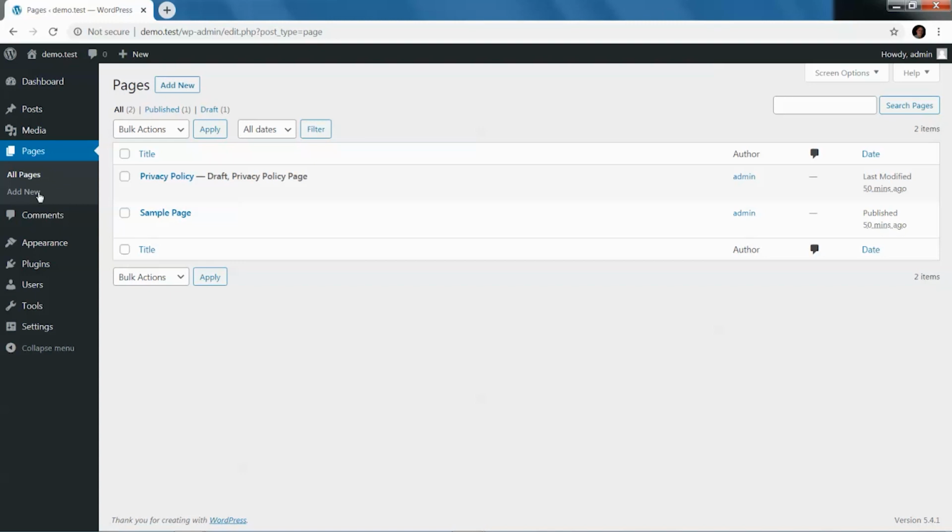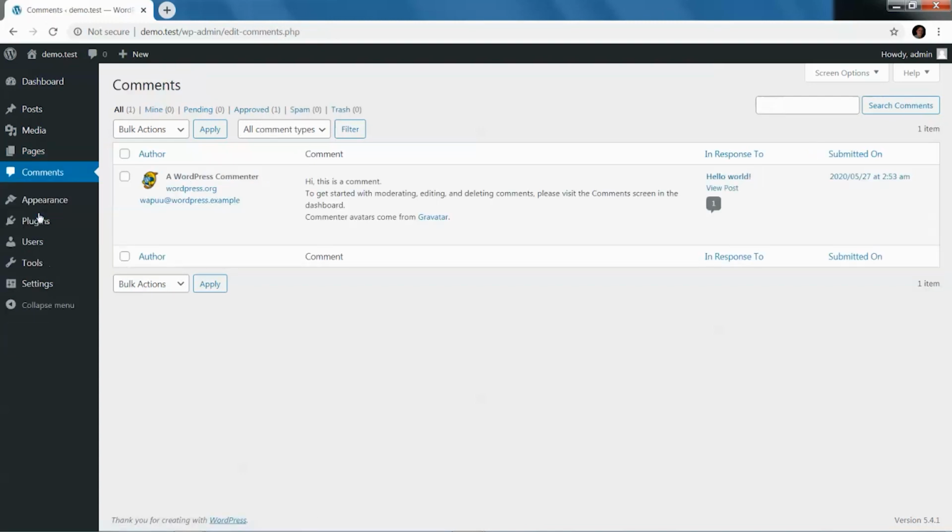Your page content is never going to go away, or at least we hope it will never go away. You're going to edit it and modify it over time, but your products page is always going to be there. Your home page is always going to be there. Your about the company page is always going to be there. Comments is where you can view the comments on your blog posts and on your pages, even, if you enable comments.